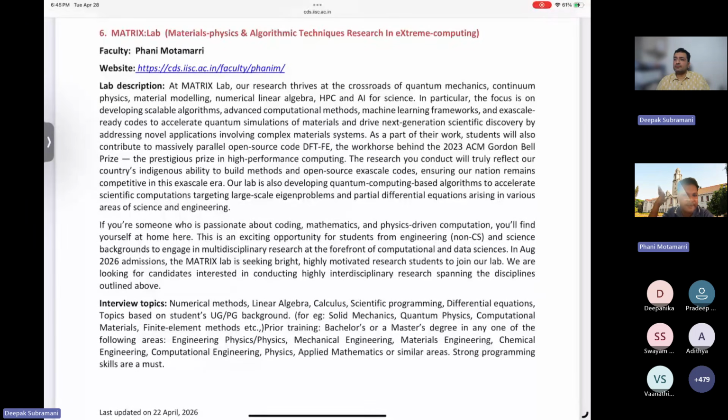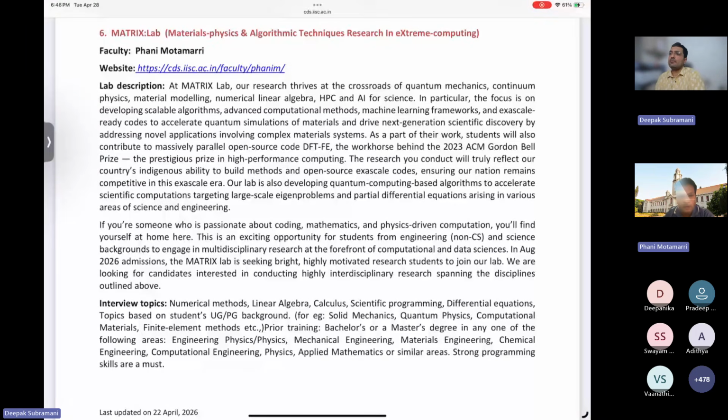You try to find out which pieces of your method can be accelerated by a quantum computer and which pieces of the method are handled by a classical HPC-based supercomputer. Since our lab has made rapid advances in developing these classical computational methods and algorithms, now it's time for us to think if we can power the quantum computers to accelerate many of these aspects and algorithms.